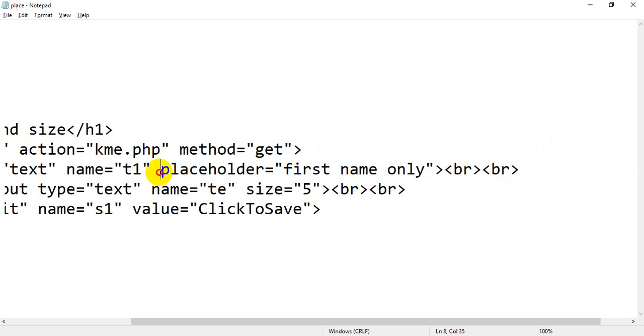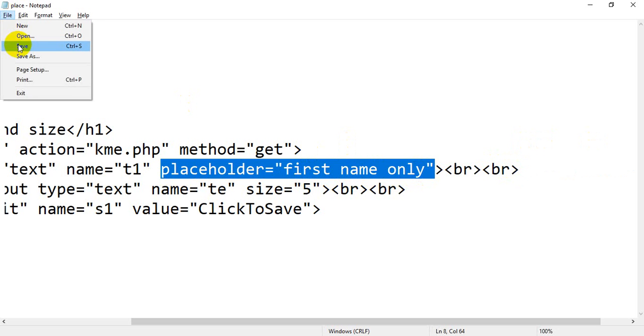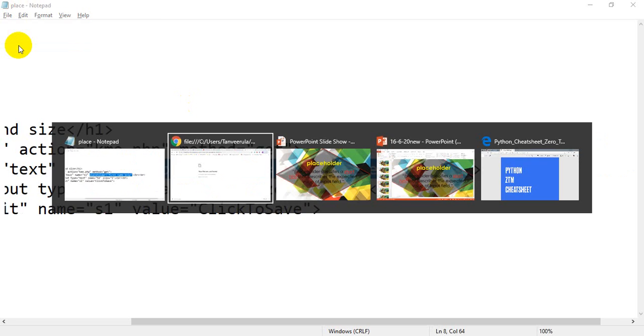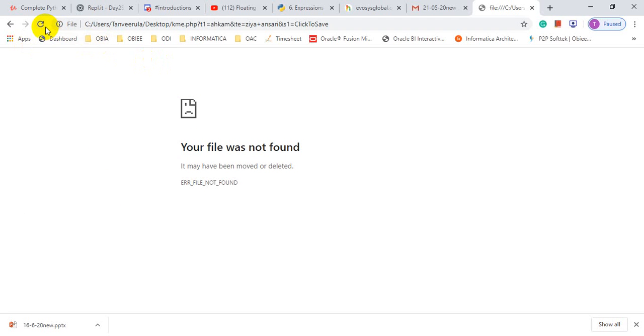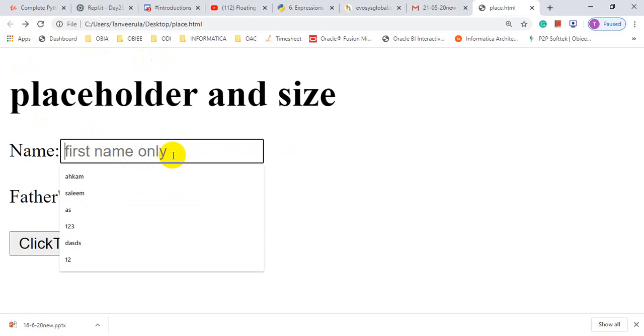In the placeholder attribute I have added first name only. Now you will see the value. Let me flip back to the browser and click on the refresh button. Now you will get the name, first name only. So this line is helping the user know which type of value to enter.